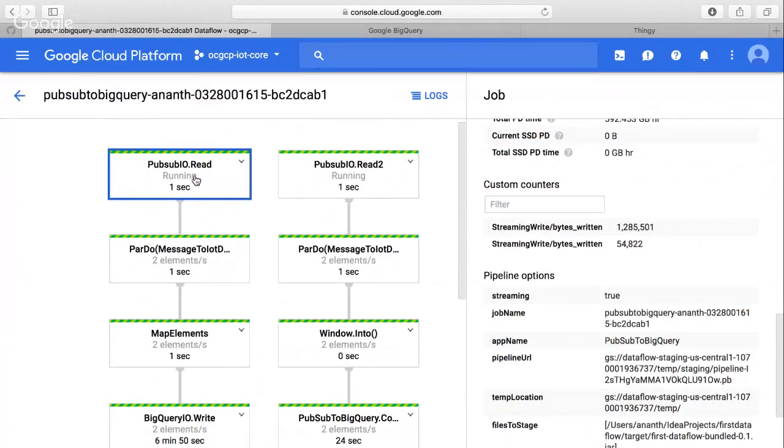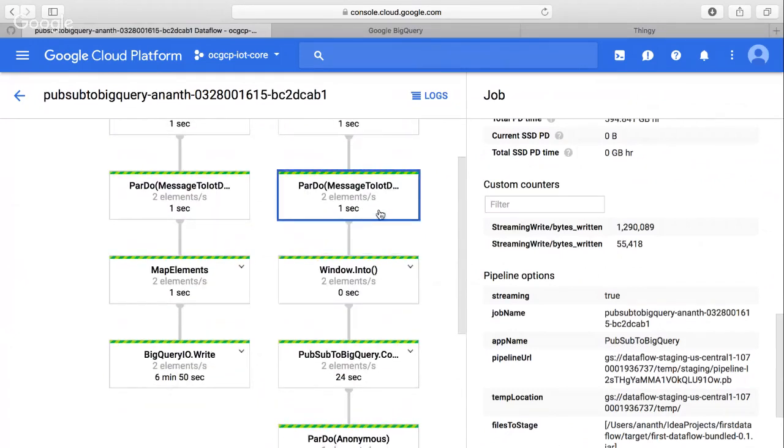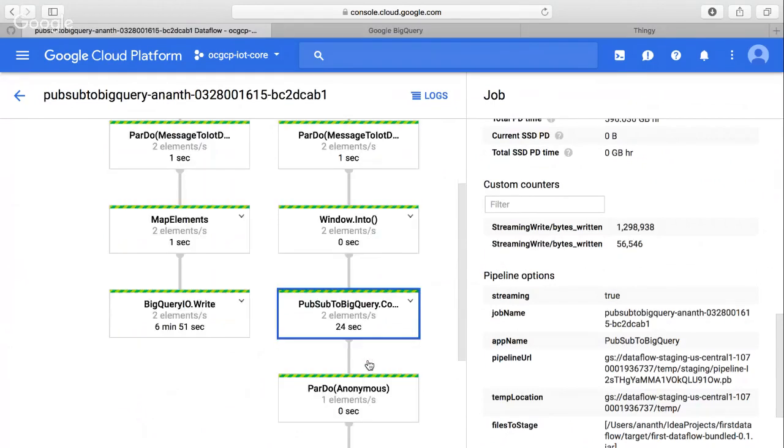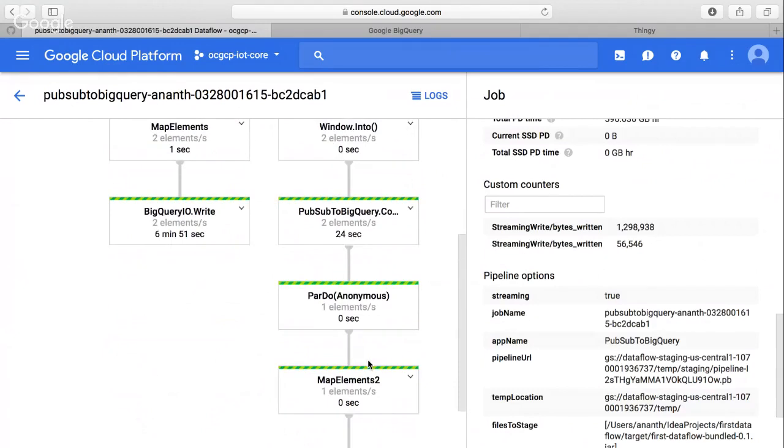The data takes two paths through my data flow. The first one is I directly inject it into PubSub, translate it to be saved into BigQuery, and then push it into there. On the second one, I'm doing a little bit of a difference. There, I'm doing the windowing right here. This is where I'm setting a window of, I think, 2 minutes. So with a 2-minute window, I collect the data